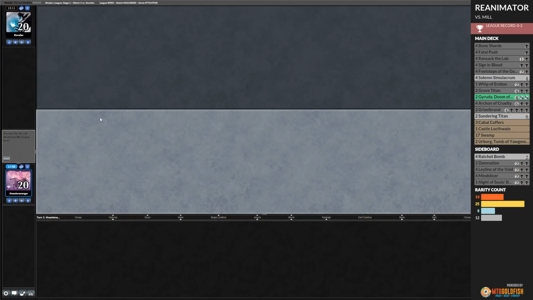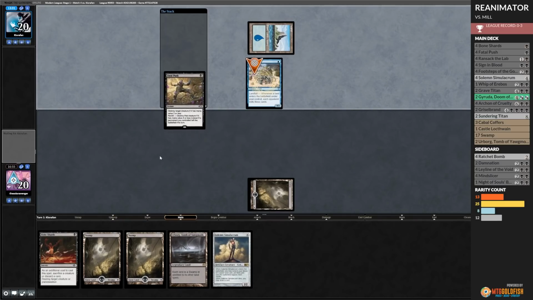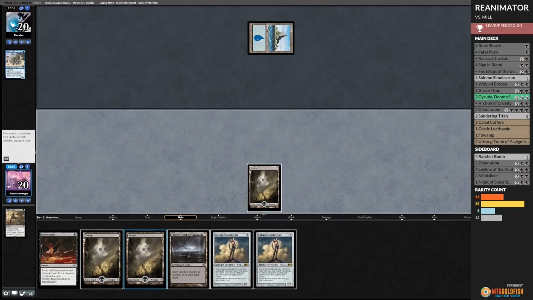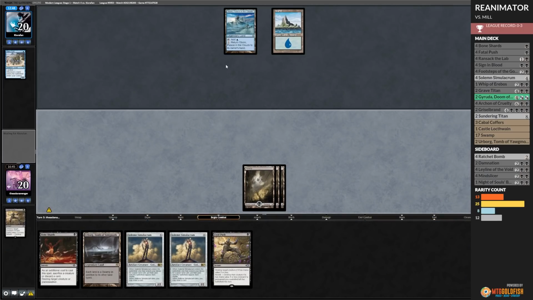Not bad. I'll keep this one. I'm not going to give them Urborg immediately. We're going to wait a little bit. All right, if I play Urborg, they'll be able to play Dothy Voidwalker, and we don't want that. So I'm going to just go and play Swamp Pass. Now I just need to find...